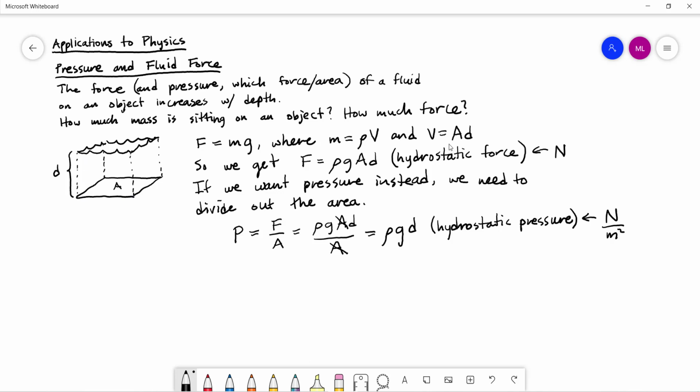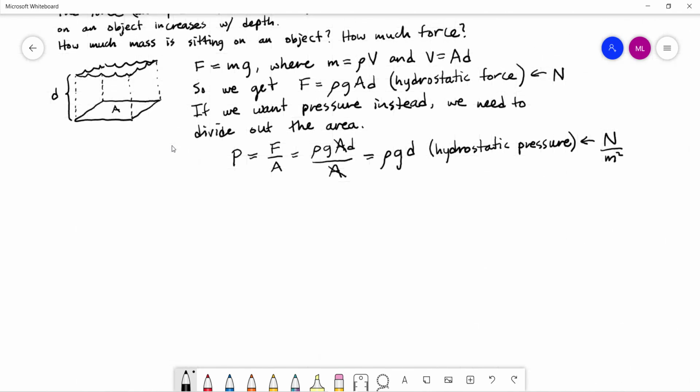These were relatively basic mathematical ideas. But one other important thing to note, and again, this is less intuitive, is that pressure is felt in all directions. It's not just felt from above. So